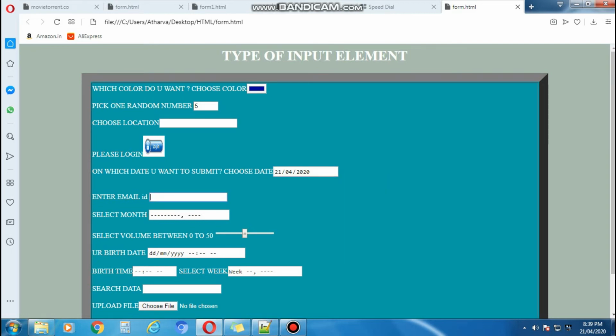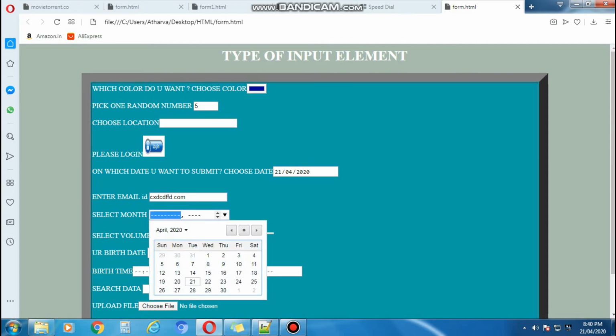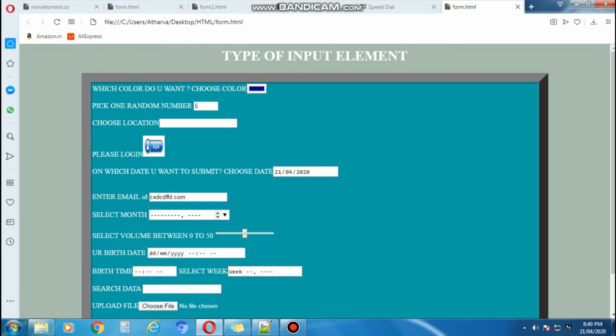Whatever you are typing, it will be automatically validated by the form. So it will check whether the data entered in the form of an email is correct or not. Then input type equal to month. Here you can give a month. Automatically you can see this calendar will come, and you can select the month also.